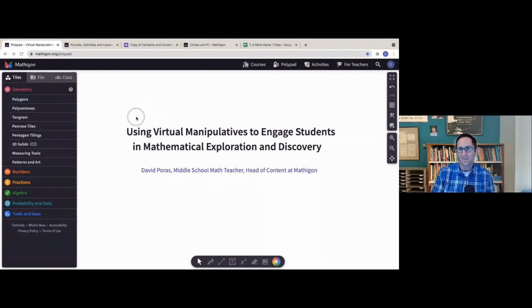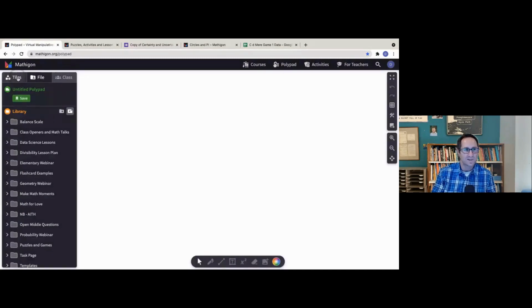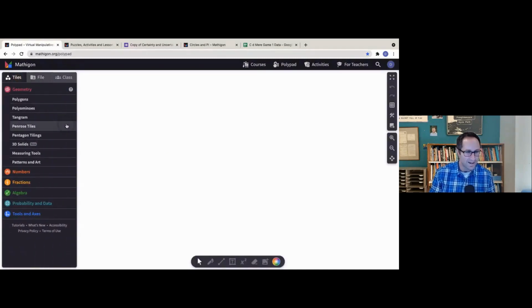There's lots of things on Mathagon. One is Polypad. I'm going to be spending our time on Polypad tonight, where the virtual manipulatives are. So I'm just going to go to a blank canvas under File, just a new canvas, just to give myself an open space. I think of the canvas as just an open space for students to explore and play with mathematics. At some point later on in the webinar, I'll show you where you can find tutorials and old webinars on Mathagon, but I just want to dive into the math here tonight first.